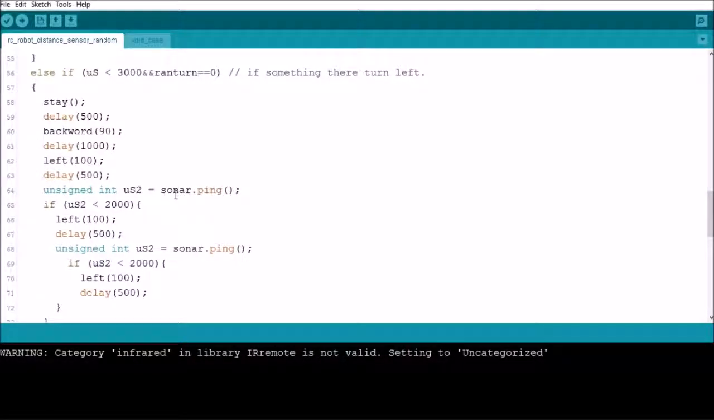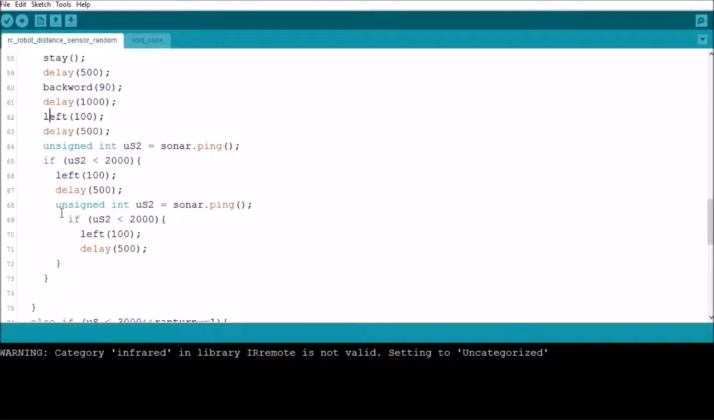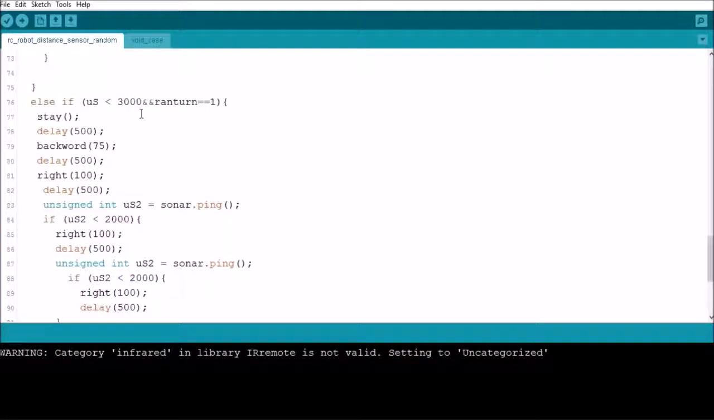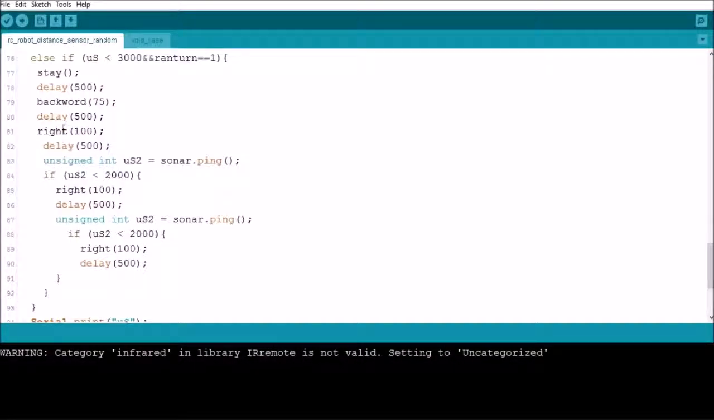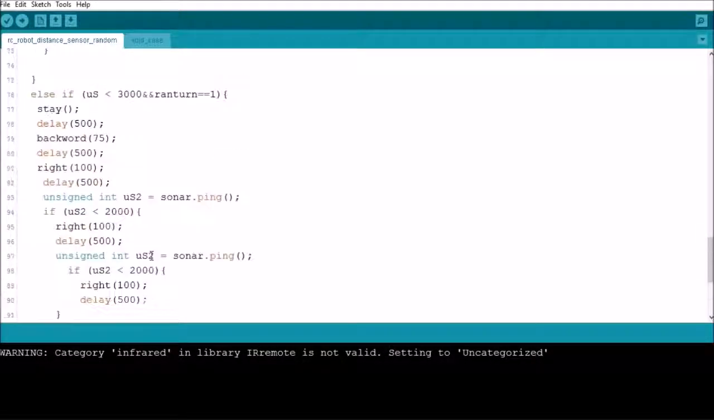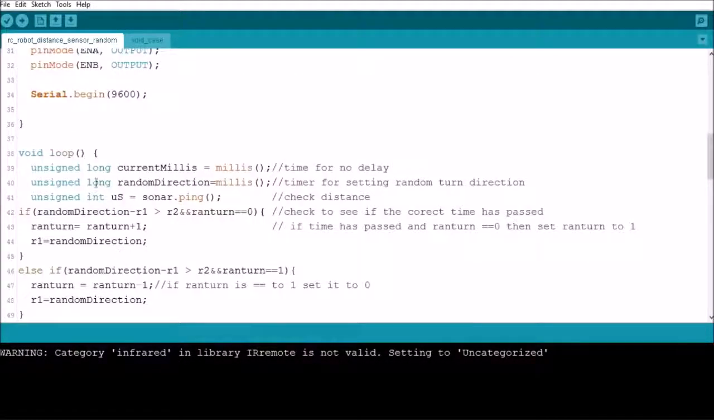Then it checks the distance to see if there's anything in its path. If there is, it's going to turn left again. And it's going to check again. If there's anything else, it's going to turn left again. Hopefully by that time, it should be able to go forward again. But if ran turn is not equal to 0 and the distance is less than 3,000, then we're going to go to this statement here where we do the same thing, only we turn right instead of left. Then after all that, we print the distance to the serial monitor